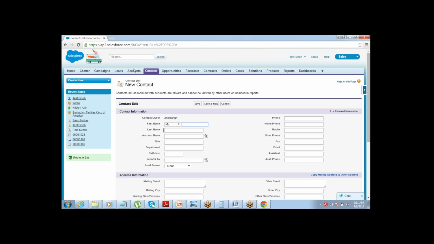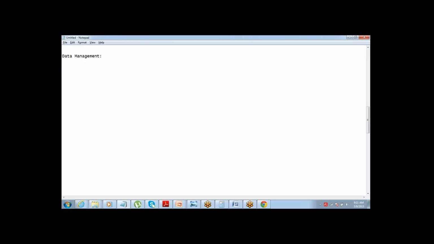If they have given you a list of 5,000 records, you cannot simply do it manually one by one. That will be way too time consuming. So now we are going to learn how to enter multiple records in one go. Data management, basically, we are going to talk about bulk data operations.